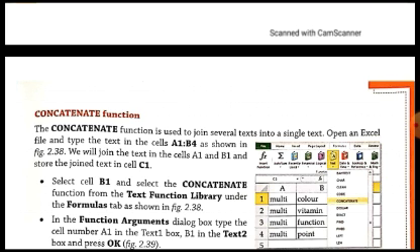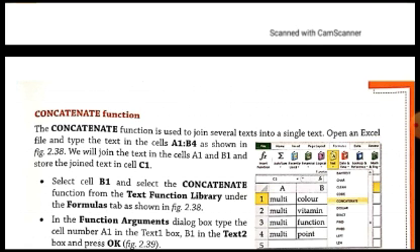So how will you use that? First of all, open an Excel file and type the text in the cells A1 to B4 as shown here. In cells A1 to A4 we have typed "multi". Then in cells B1 to B4 we have typed the names of different things: in B1 we have written "color", in B2 "vitamin", in B3 "function", and in B4 "point".